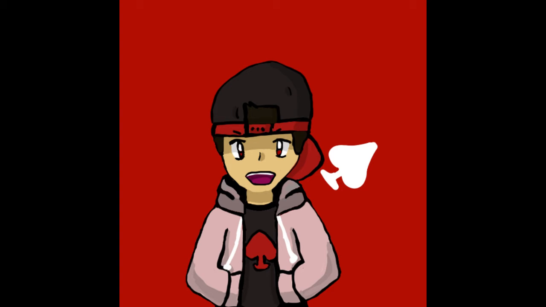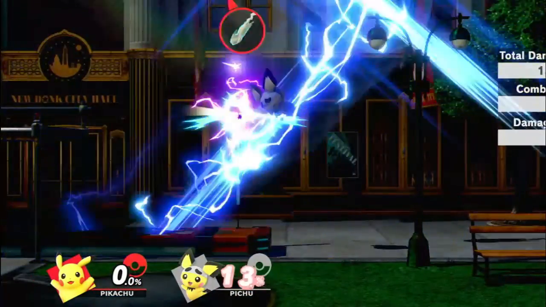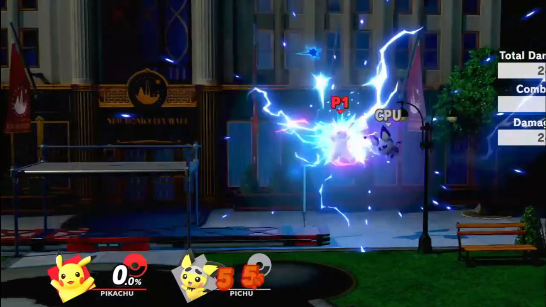As for the second move, it's not so much a rework as it is just kind of... It's very similar to Pikachu's original side B, but I gave him Volt Tackle. Now, obviously, Pikachu already has Volt Tackle as his final smash, but considering Pikachu can't learn Skull Bash, I just